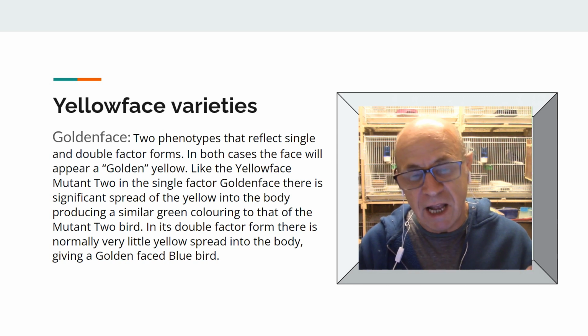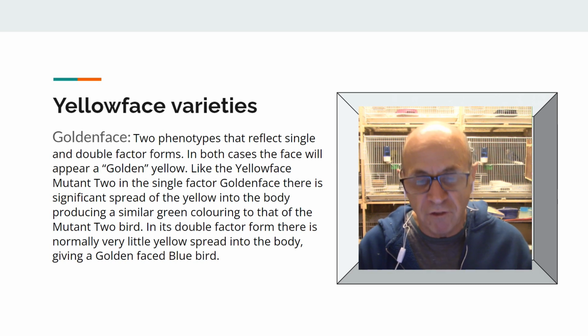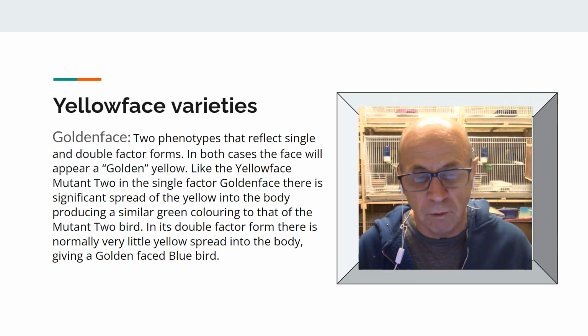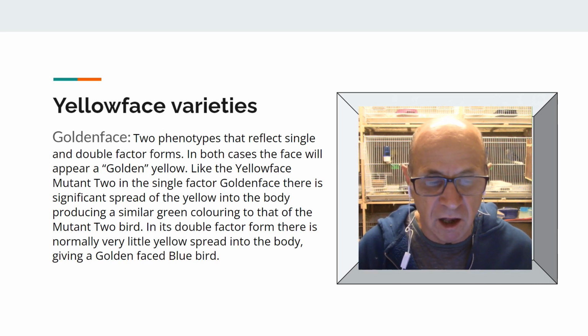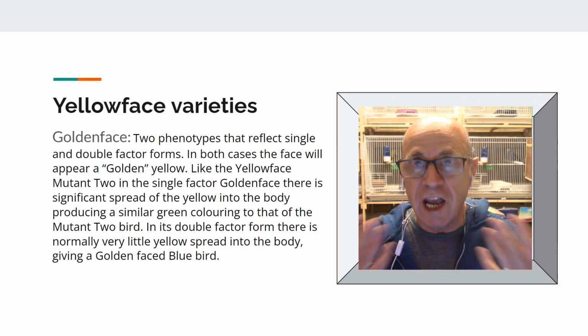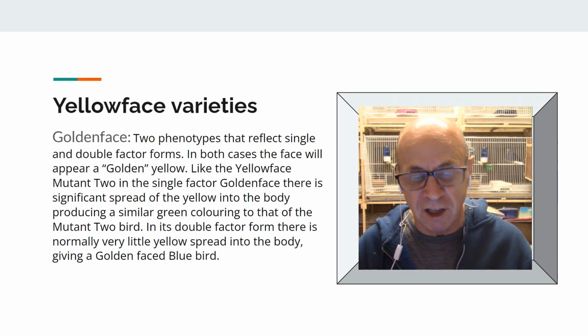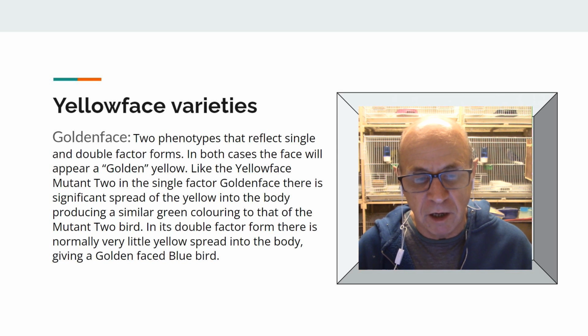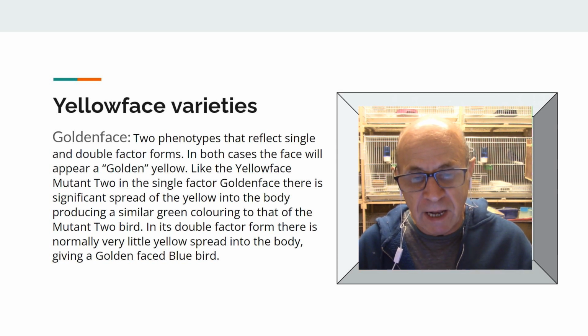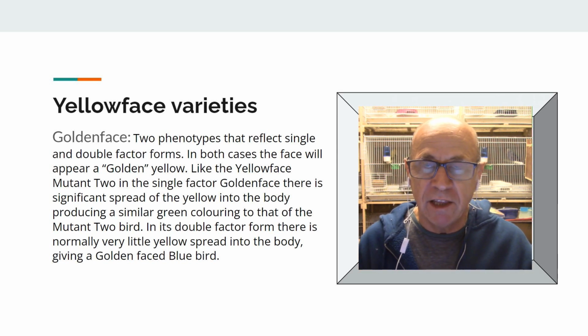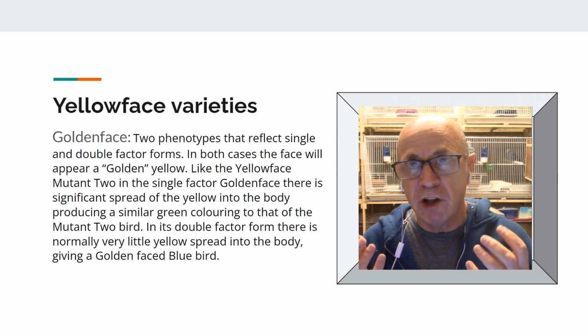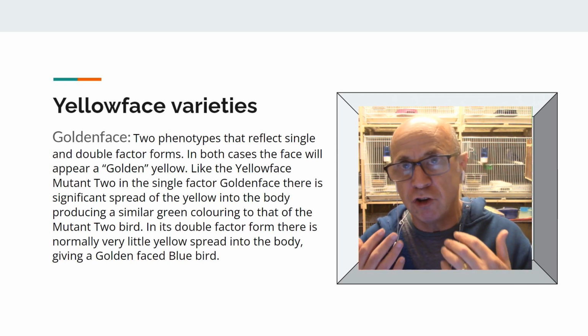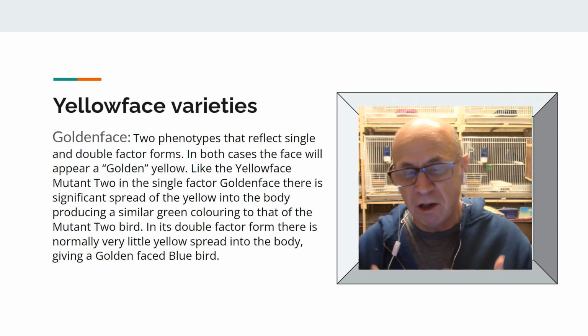And again, as in the Yellowface mutant 2, the two phenotypes reflect the single and double factor forms. In both cases, the face has a golden yellow colour, so it's very distinctive, a very golden yellow colour. And once again, in the single factor form, there is quite a significant diffusion of the yellow in the face